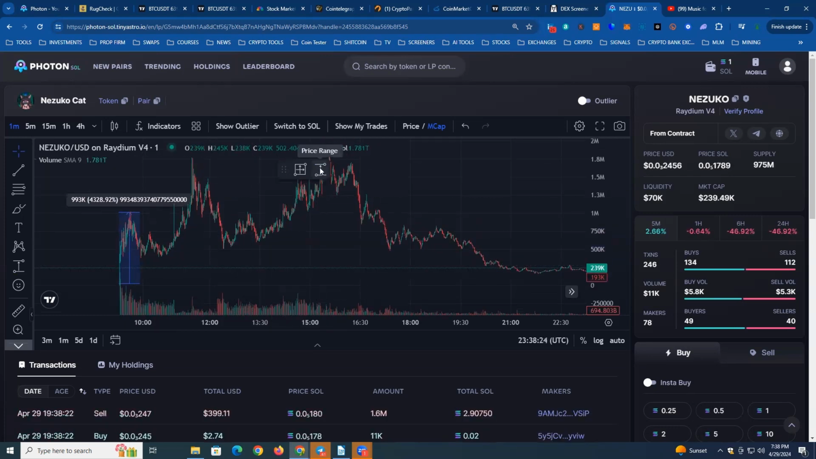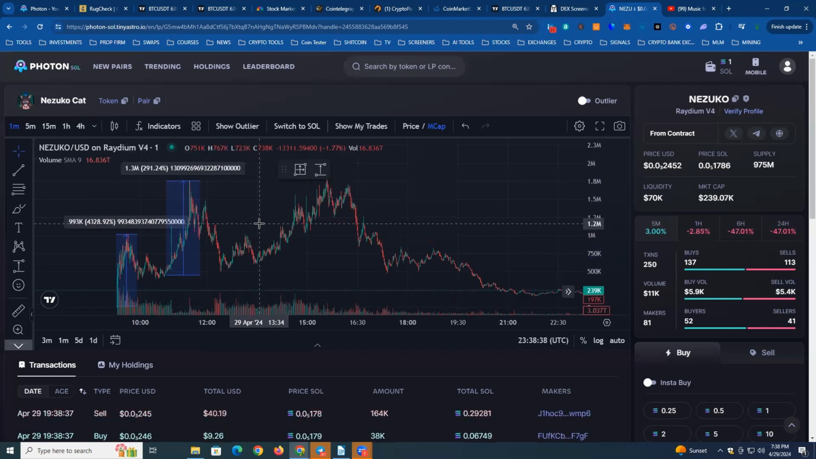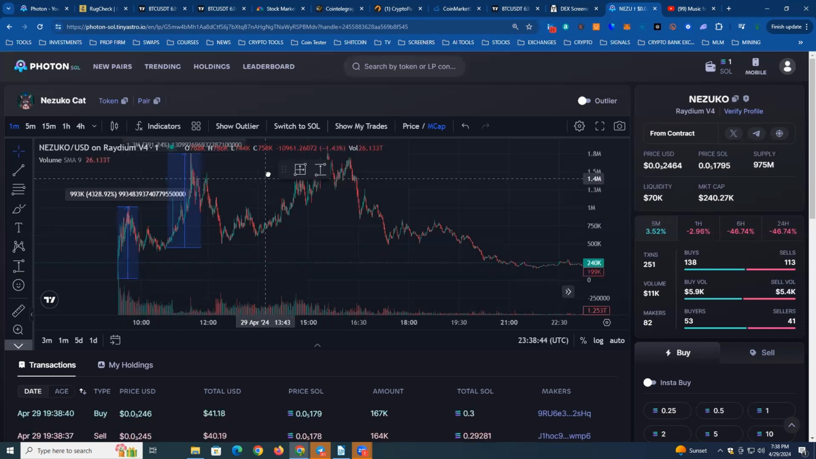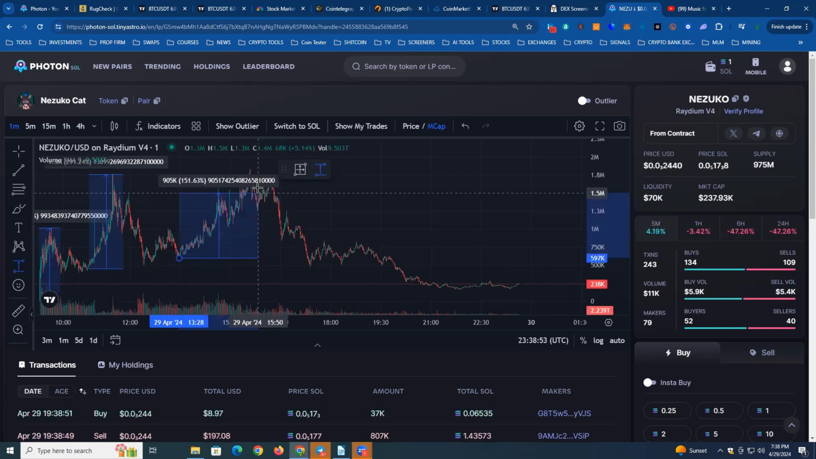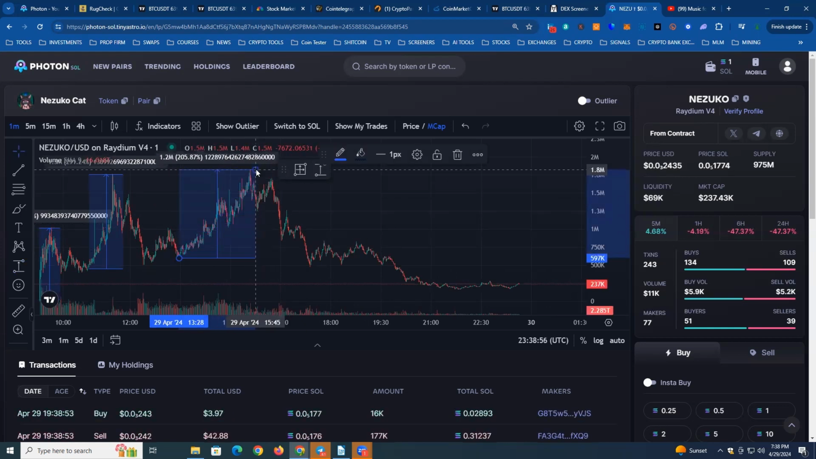If you had caught the second wave, which is here, which went all the way up to 1.8 million in market cap, you would have made a 291% return. In terms of the third wave, if you had entered on the third wave, you could have made a return of 205%. Now, in terms of the information that you need to pay attention to on the panel,